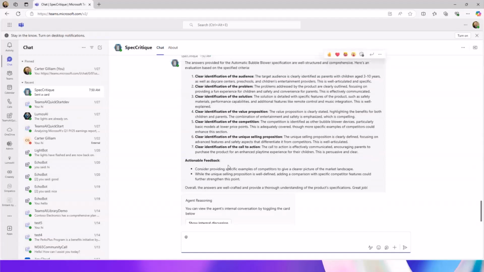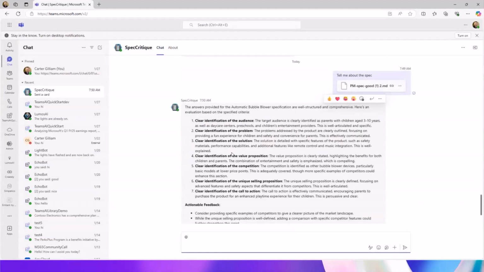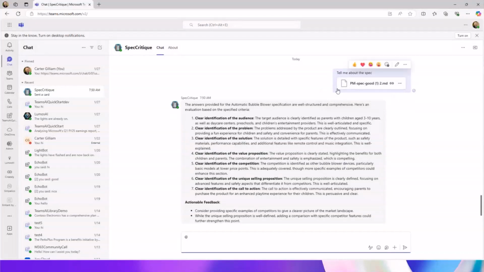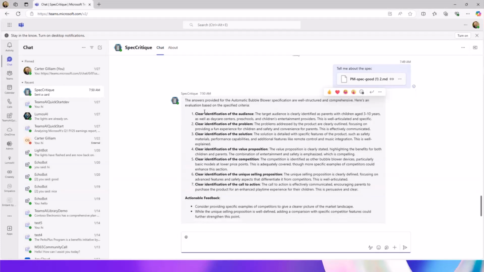And so it goes through coordinating with all the different agents, being able to give a detailed spec feedback based on your data. And of course, with live demos, occasionally things don't work out perfectly as planned, but this is what it will be showing, and I'll have to go through and see what was going on with the channel right there. But still a very exciting thing to dive into and try out yourself.